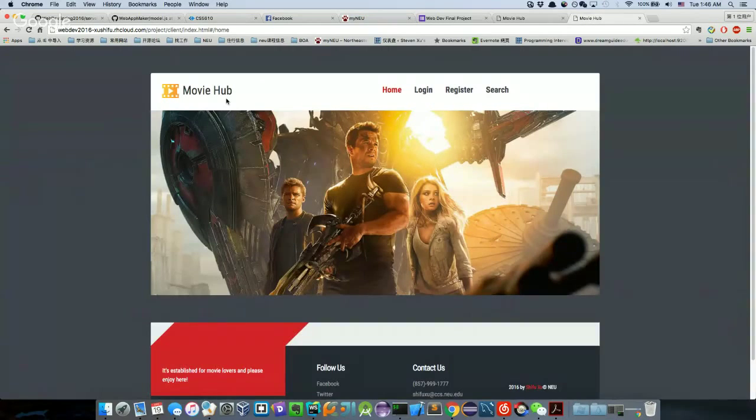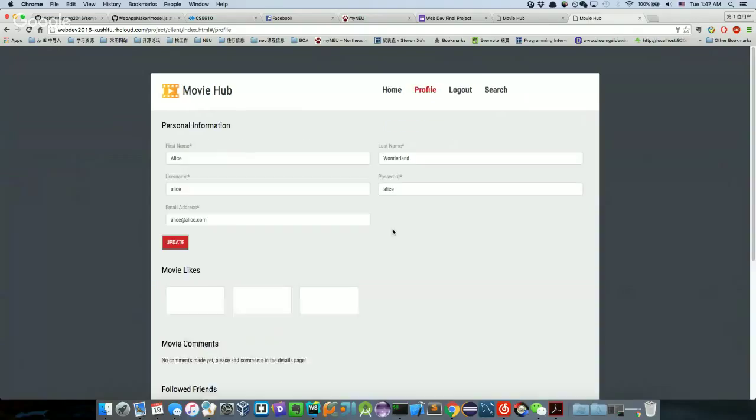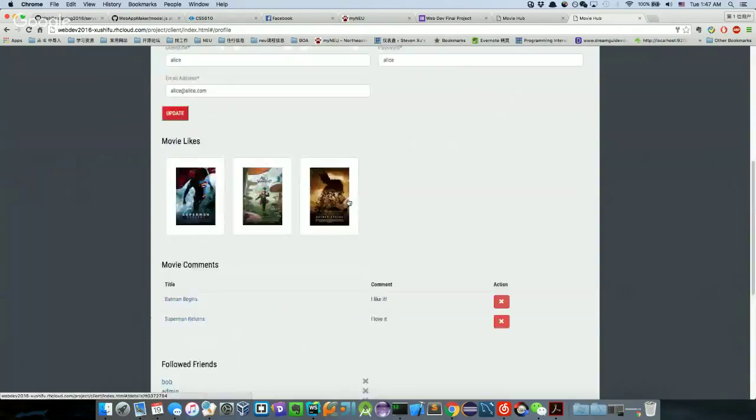Okay, so when I demo this final project, I will divide all the users into two groups. One is the normal user, and the other is the admin. So firstly, let's start with the regular user. Let's log in, and for testing the regular user, we use Alice. Let's log in. Okay, so it will bring us to the